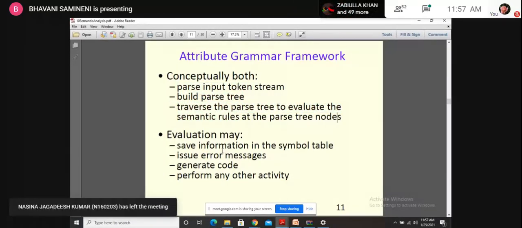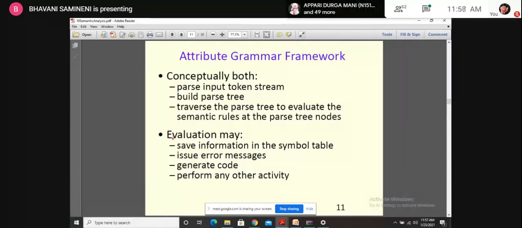Here the motto is, we get the source code, and from the source code we get the input tokens during the lexical analysis. Now the tokens will be sent into the syntax analysis, so the syntax analysis will construct the parse tree.